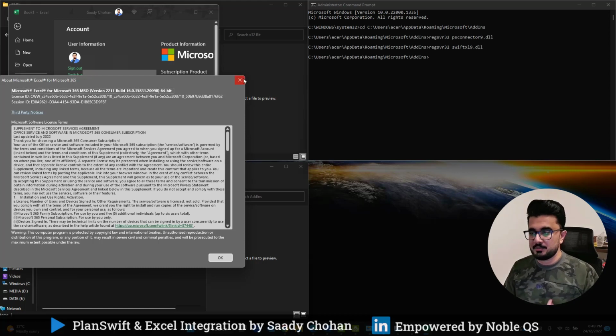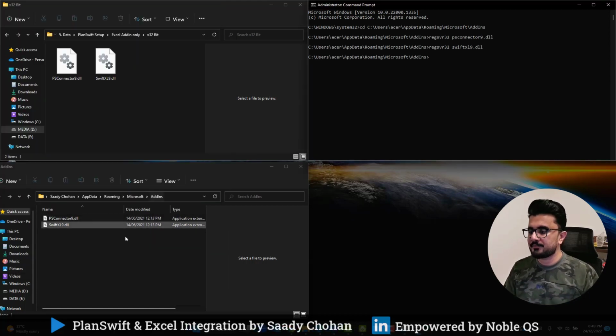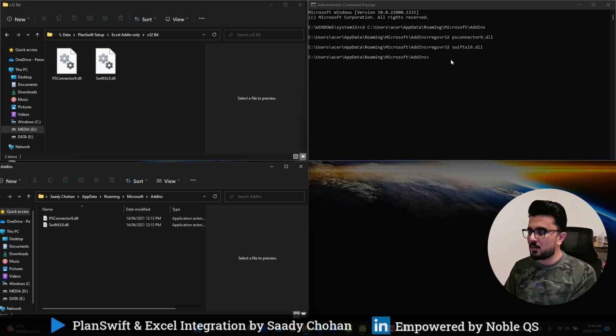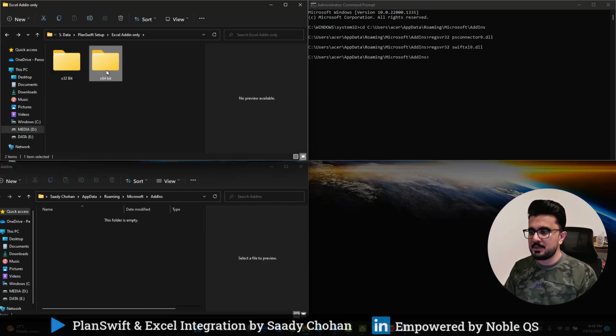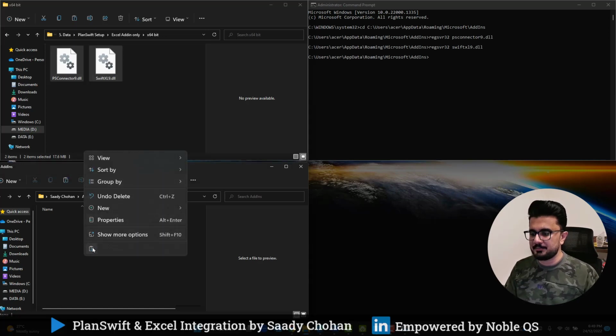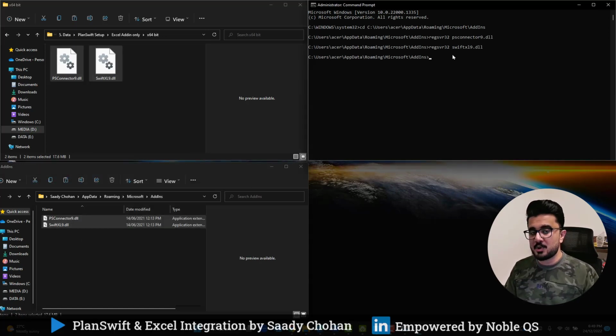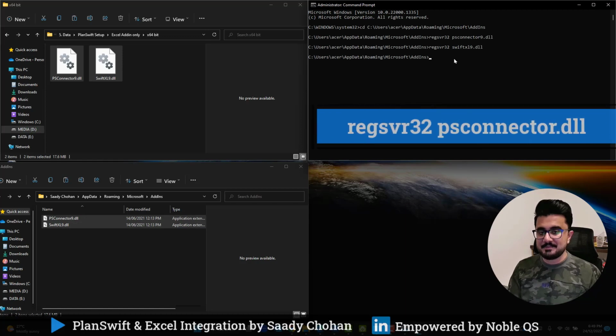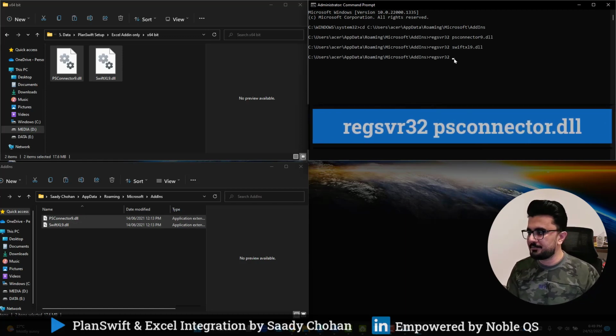Okay, so mine is 64. Now I still need to follow whatever I did. Now I need to delete the add-ins from this location, and I will copy the add-ins from here, right click, copy, and paste it here and keep the command prompt open. Same step, now we will register the 64-bit ones. The command is the same,